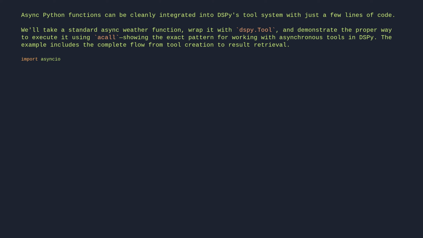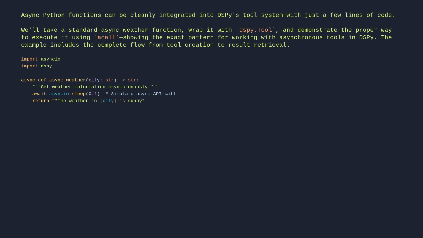import asyncio
import dspy

async def async_weather(city: str):
"""Get weather information asynchronously."""
await asyncio.sleep(0.1) # simulate async API call
return f"The weather in {city} is sunny."

tool = dspy.Tool(async_weather)

# use acall for async tools
result = await tool.acall(city="New York")
print(result)